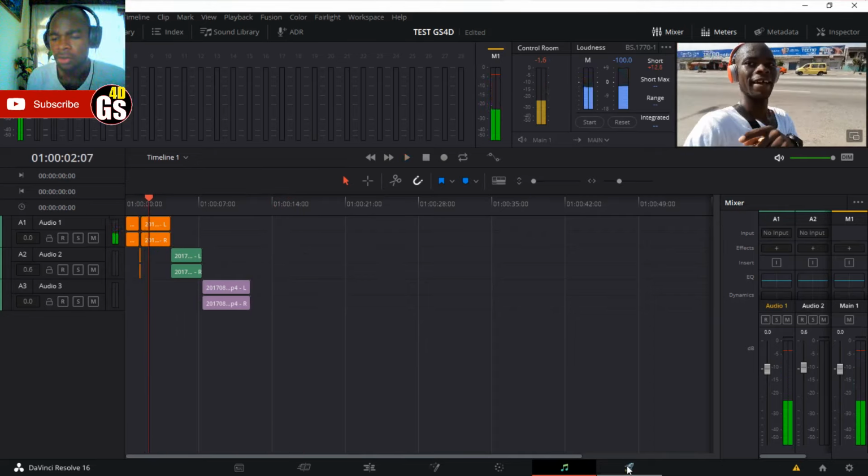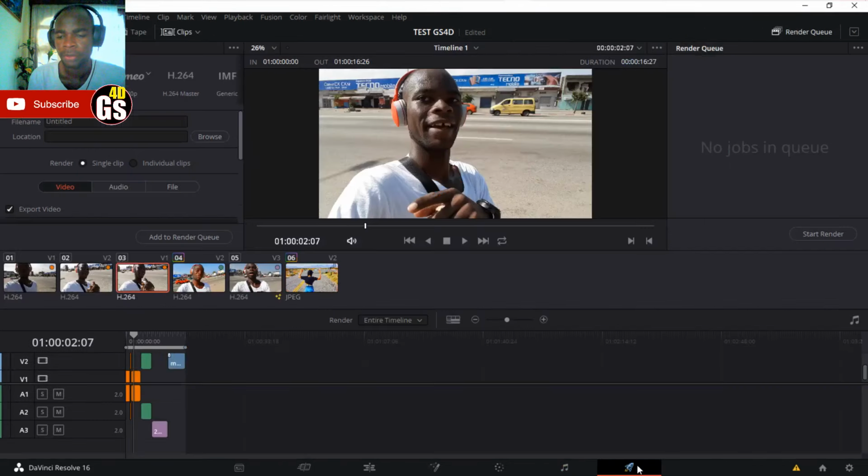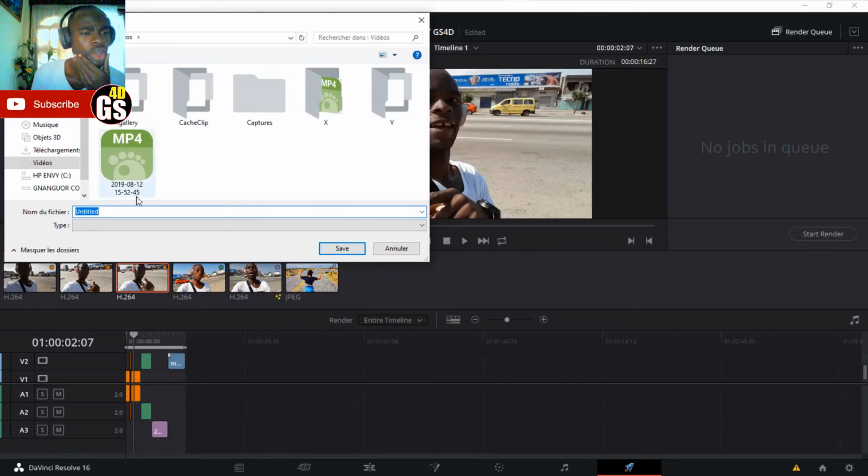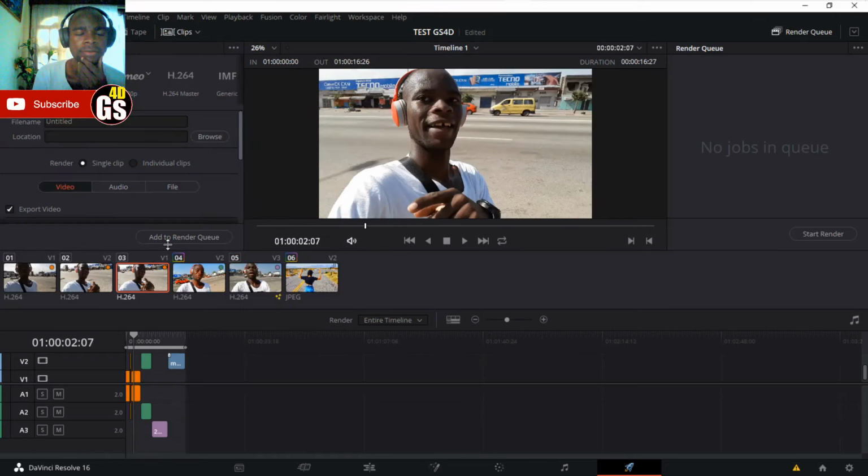And you have also, what is this? This is Deliver. And on Deliver you can choose the folder where you want to export your beautiful project. You have also YouTube default configuration here.